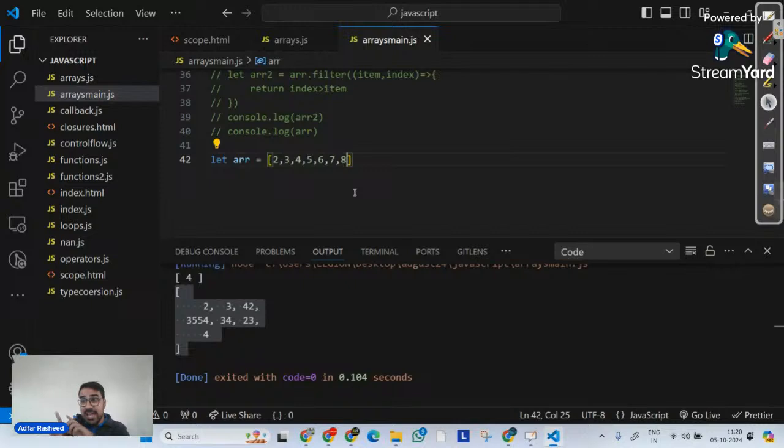So now the agenda is not to create a new array, not to filter a new array. The agenda is to implement an operation and accumulate an array into a single value. If you have any such requirement in your coding, the method we use is reduce.